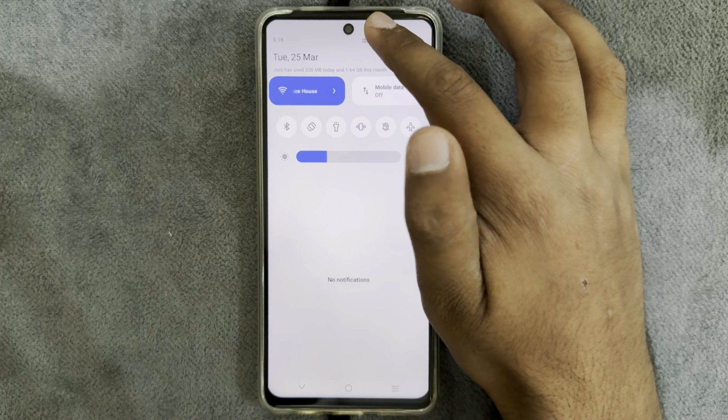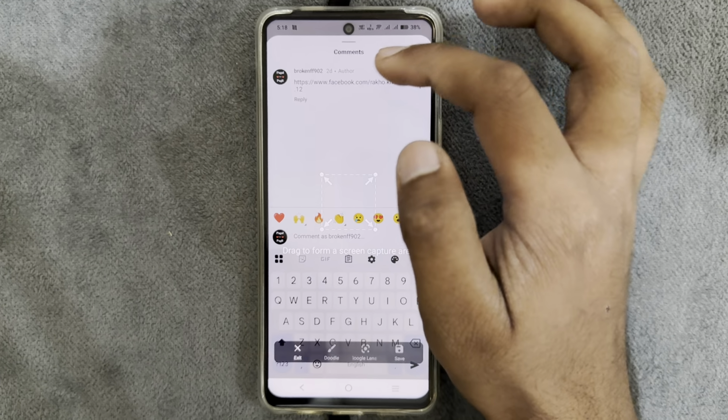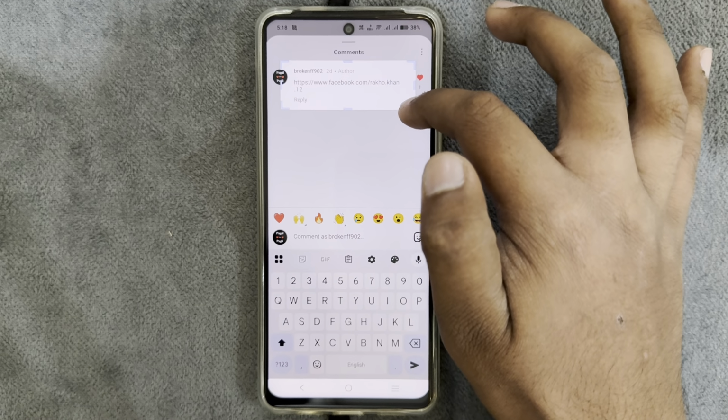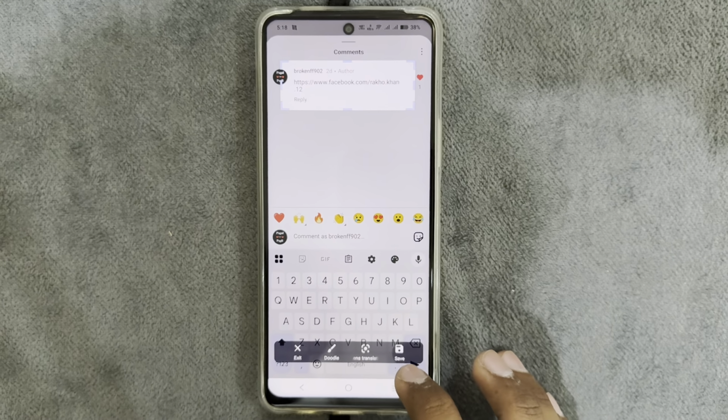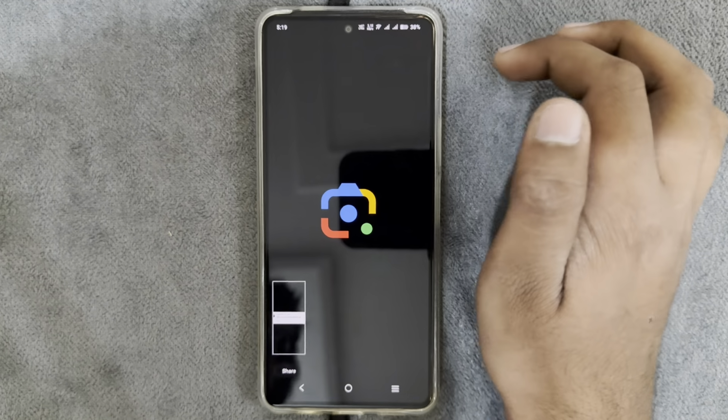Just scroll down your status bar and select screenshot. Now you just have to take a screenshot of this section and save it. And now open your Google Lens